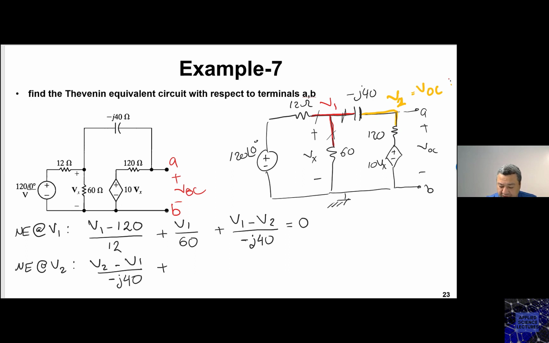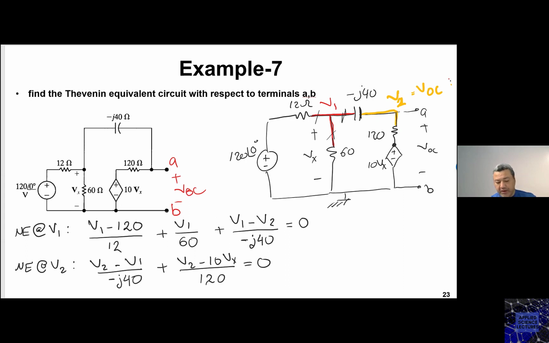Notice that this node here with respect to the ground is indeed 10Vx. My V2 minus 10Vx divided by 120